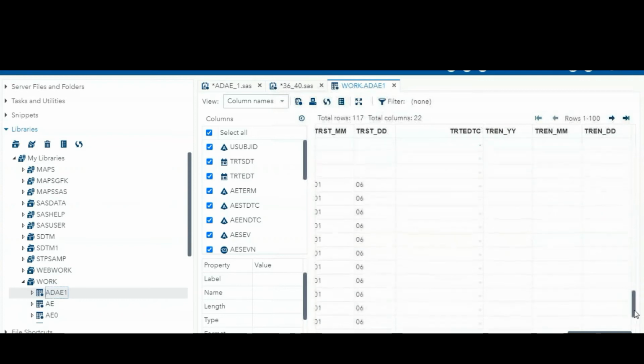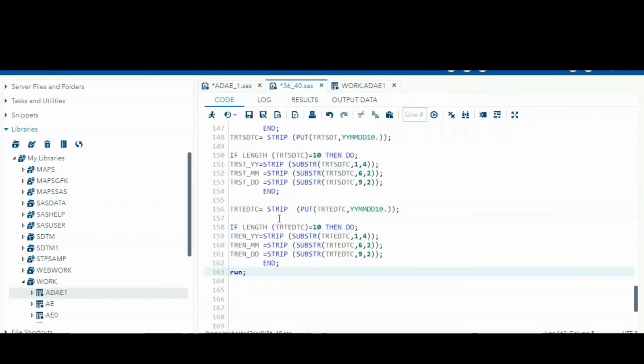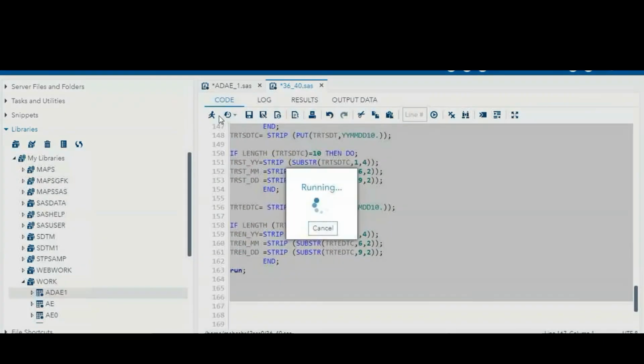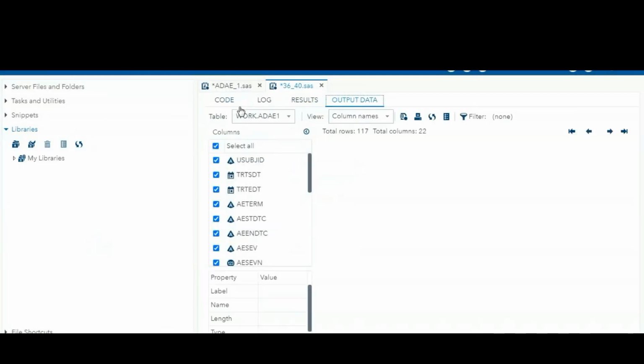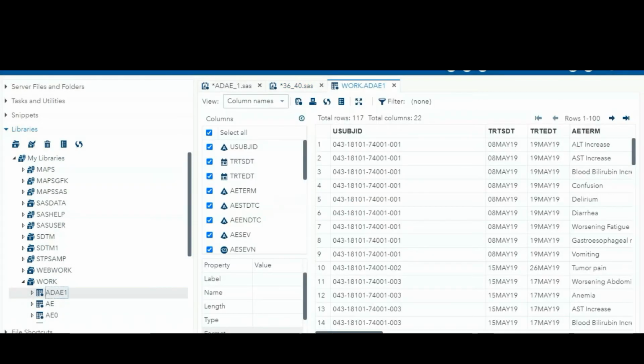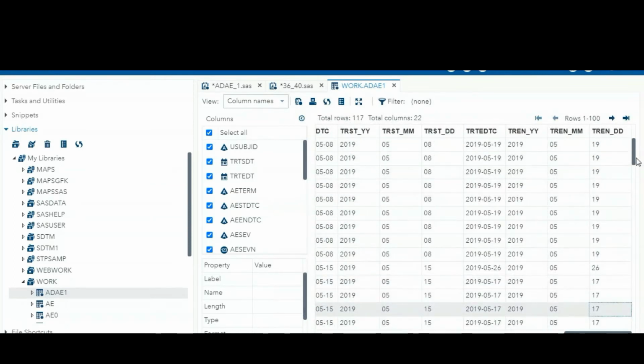Whenever the dates are there, TRTEDTC is not converting. Now we can see TRTEDT is also populated.